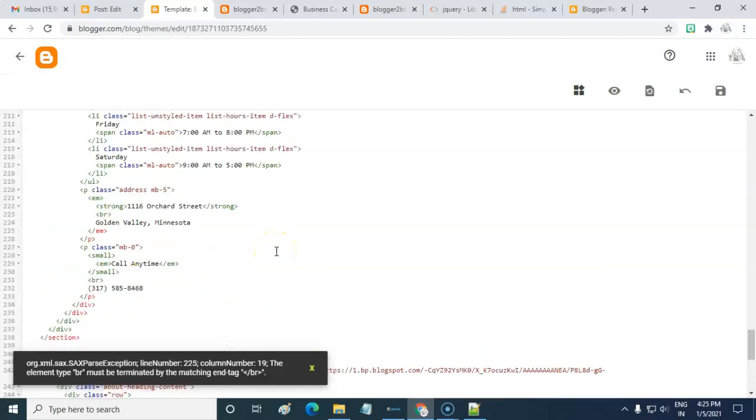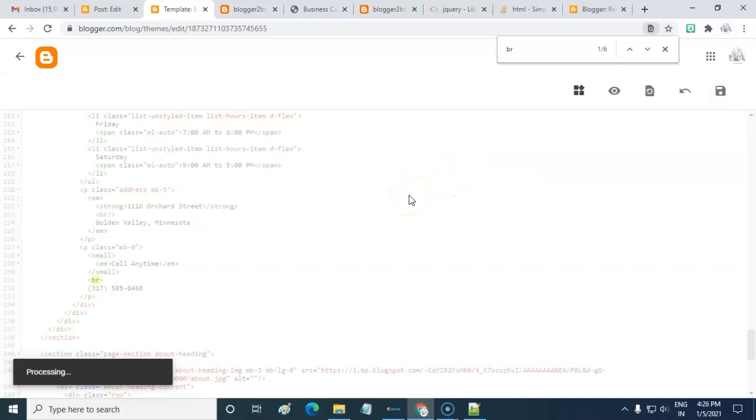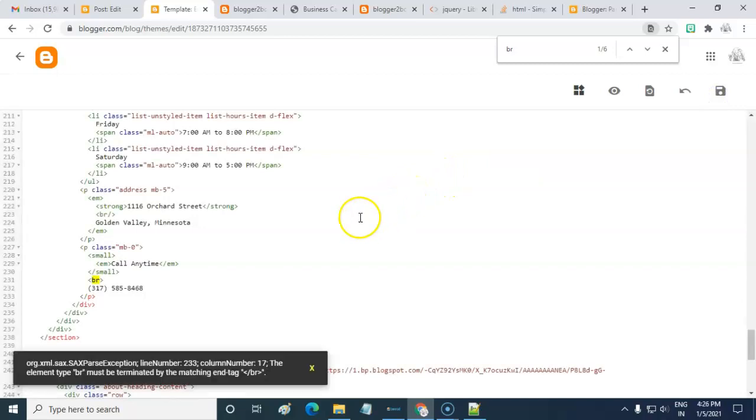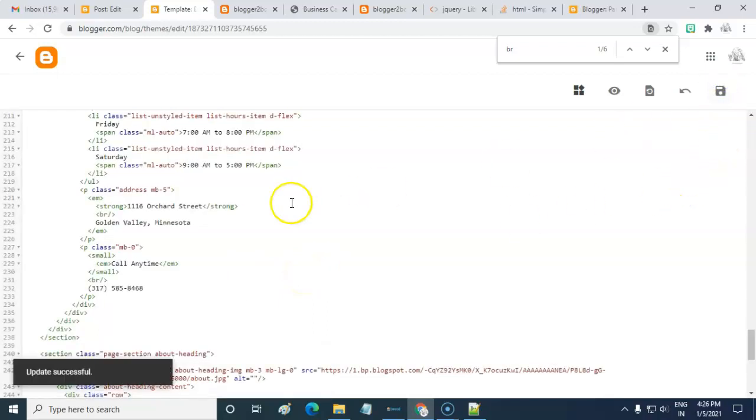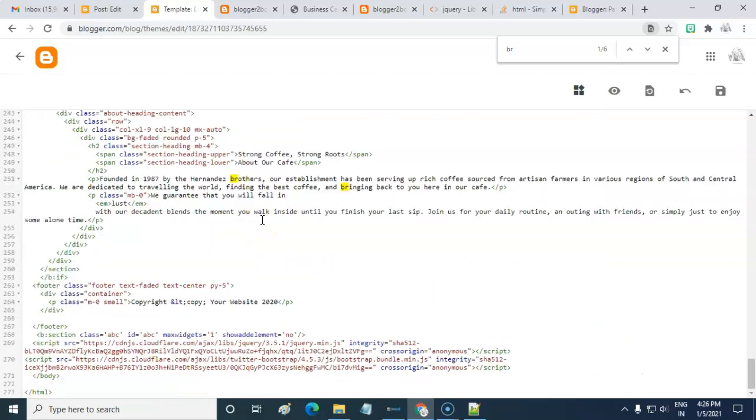Control F, BR. Okay. Here add the slash like this. Okay.